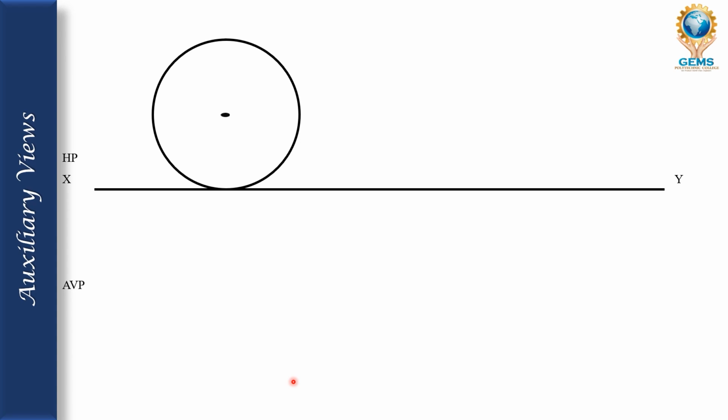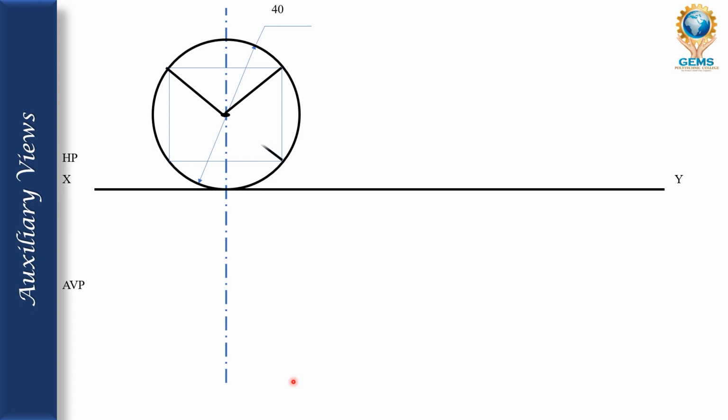Keep the center point, and its diameter is given in the sum, it is 40 mm. Now draw a square here and join the lines. So this will give you a view of how the horizontal plane, that is how the top view, will look like. From this you get an idea how the horizontal plane will look.